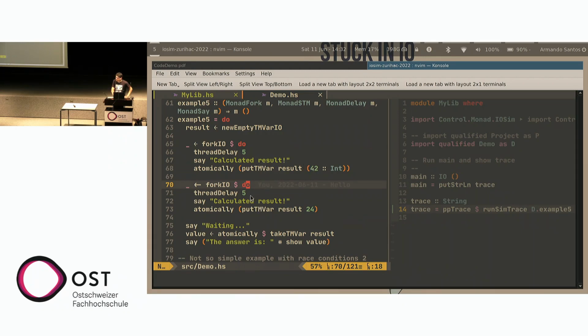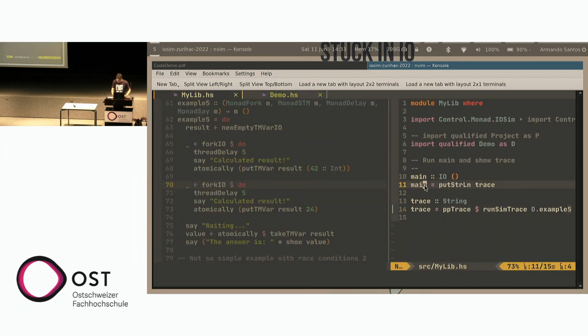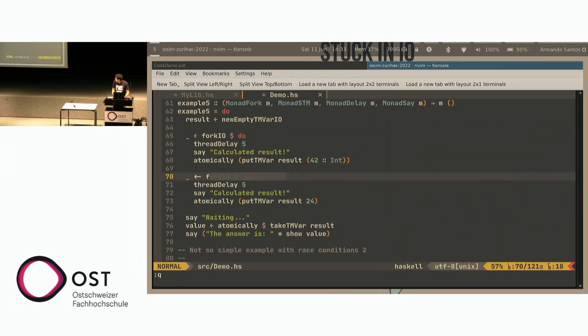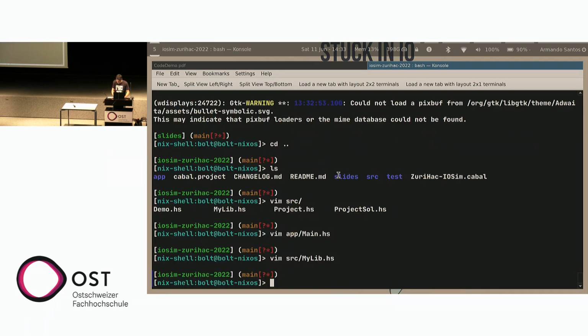One of the threads ought to be blocked because the first one that puts it in is going to block the other one that tries to put as well. Then the main thread is going to take the TMVar out, print the output and exit the program. So if I come here and close everything and maybe do cabal run,